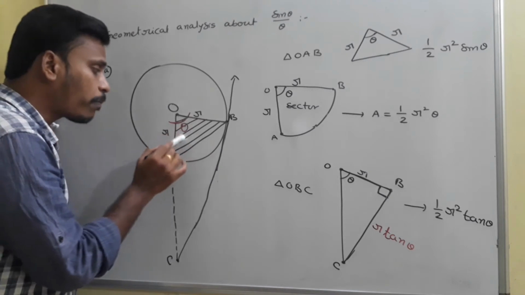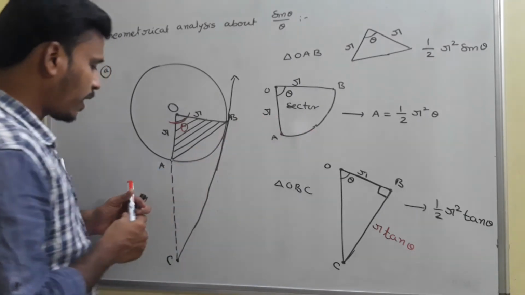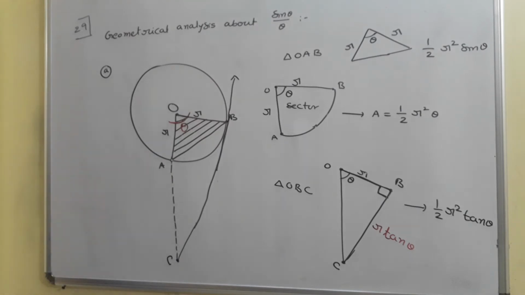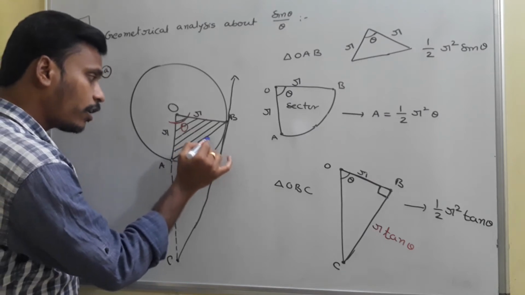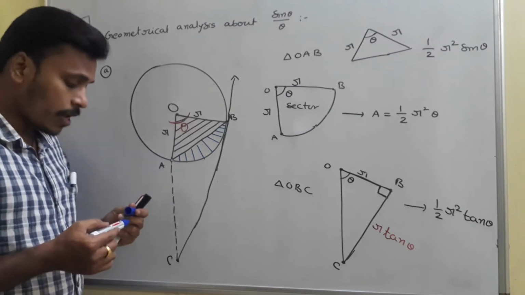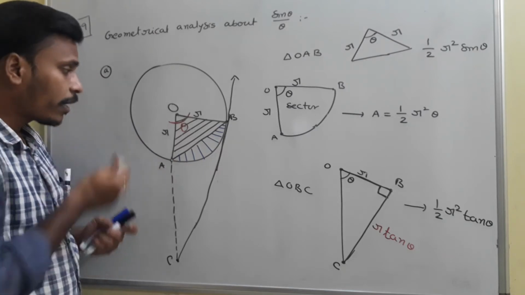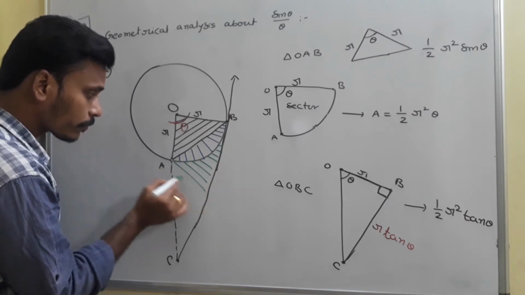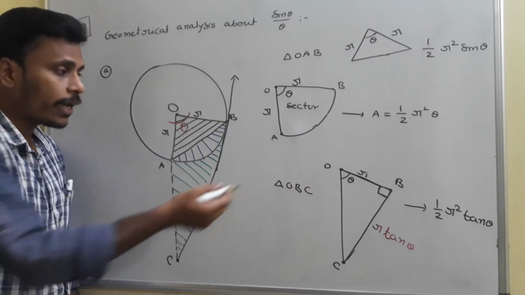See, as I shaded with black color here, OAB. But when you think about the sector, its area is along with this OAB. Along with this OAB, we need to consider this part also. Triangle OAB plus this blue color part is the area of the sector. And along with this area of sector, if you connect all this region, that is the area of this triangle.